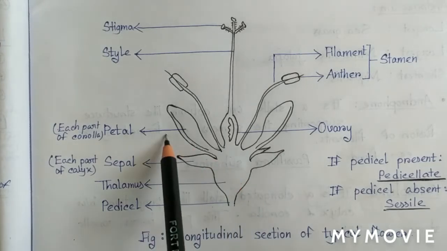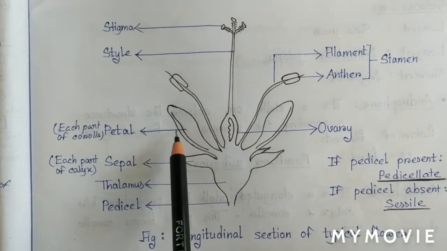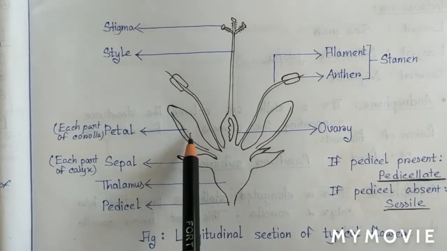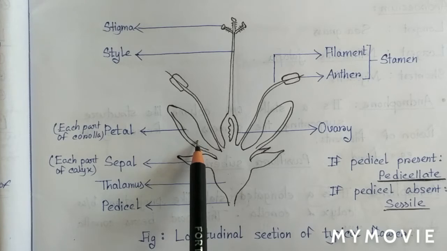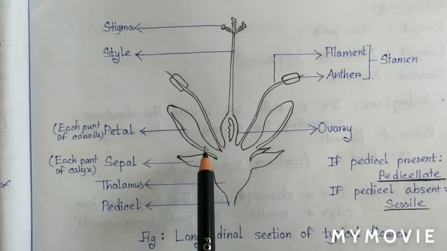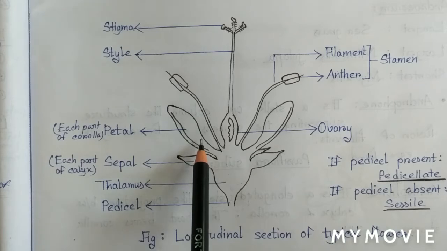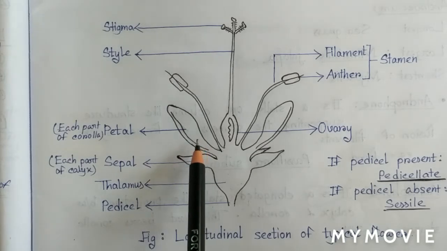Now we come to corolla. Corolla is simply known as petal. It might be in different colors or smells, which attract the pollinator animals. If all the parts are attached with each other, then it is known as gamopetalous. Example, datura. If all petals are open, then it is known as polypetalous. Example, mustard flower.